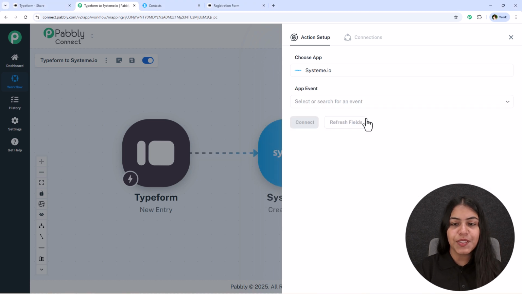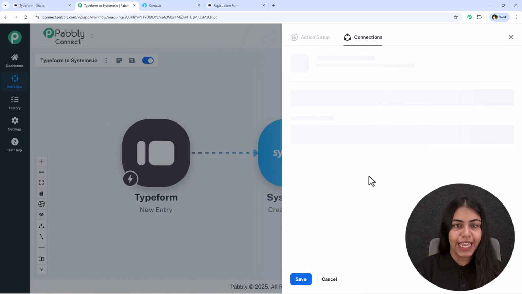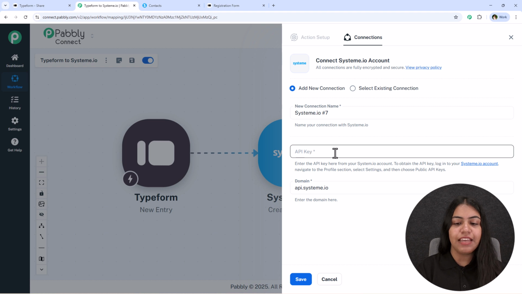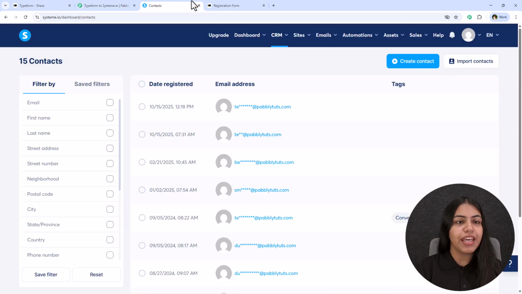For the event, I'm going to select create contact and click on connect. Now if you've already created a connection between system.io and Pabbly Connect, click on select existing connection and then save. But if you haven't, follow me, click on add a new connection and then it is asking for the API key. So to get this API key, open your account, go to the profile picture, settings, and now from